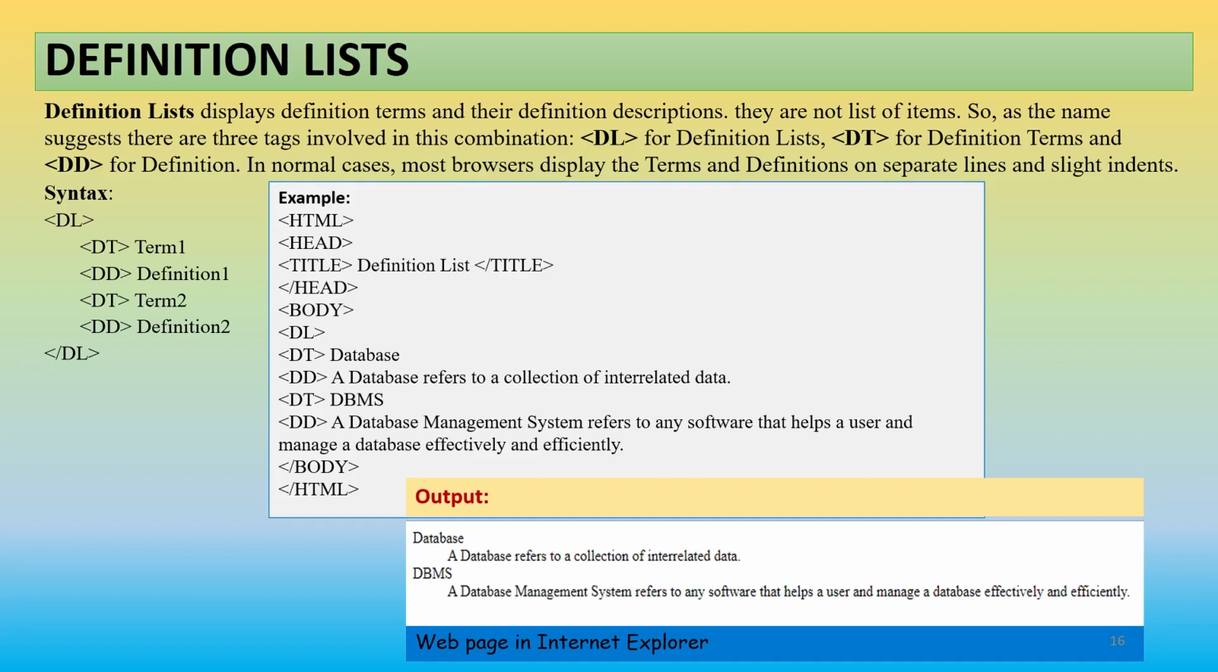It defines two definitions. One is of database and the next is of DBMS. So here we will write the complete structure: HTML with the ending tag, head with the end of head, then title, under which I am writing a description list. Then the head section is closed with /head. Then the body part of my program,